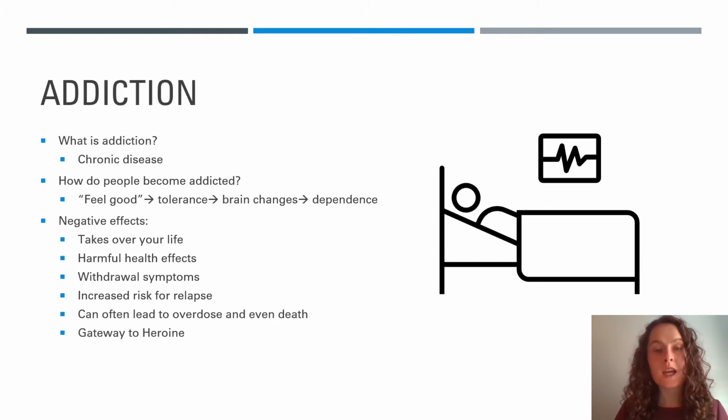These chemicals help us handle pain and feel good, feel happy. This reward system is good when we're doing healthy behaviors like eating healthy, going for a run, or spending time with people we love. It makes us feel good about these things. It's when we start feeling good and getting these endorphins and dopamine and serotonin from something negative like drugs that